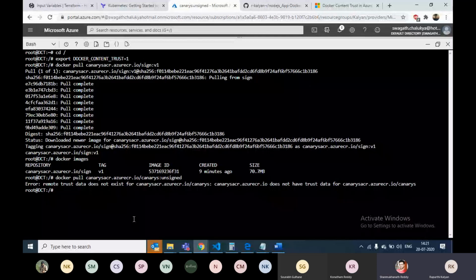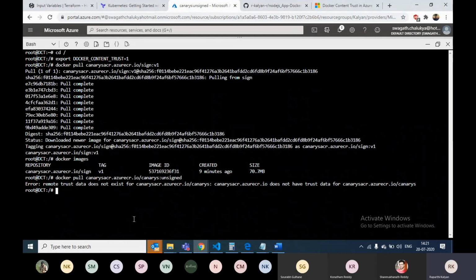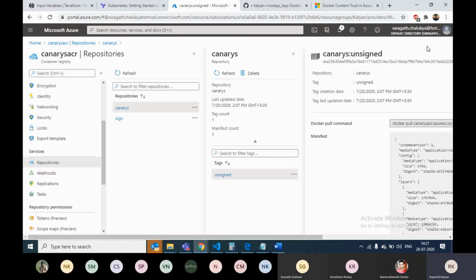Okay, I'll take my word on that. Does Kubernetes support signed images natively? Yes, it will. Kubernetes has nothing to do with signed or unsigned images. This signing and Docker Content Trust is for our own security to make sure that we are using the right image or not. So the Kubernetes or the web app services can use any image which is inside your registry.